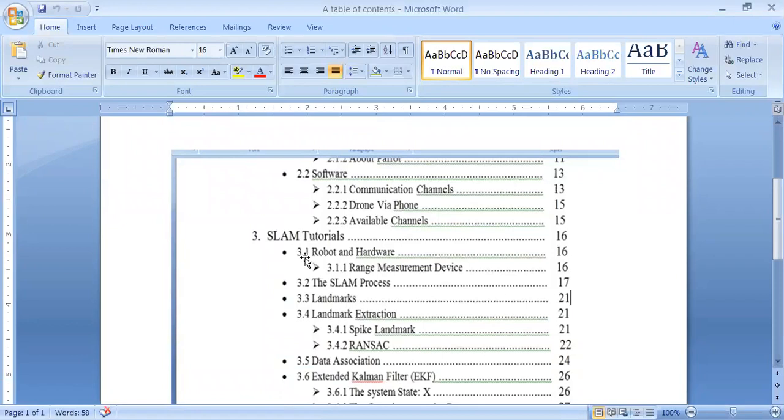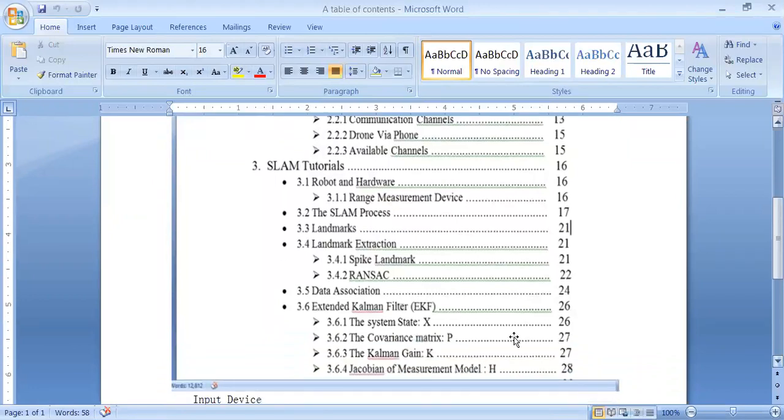And under the 3.1 section, there is one more section, that is 3.1.1. And if there is any other subsection under this section also, then the number of this particular section will be 3.1.1.1.